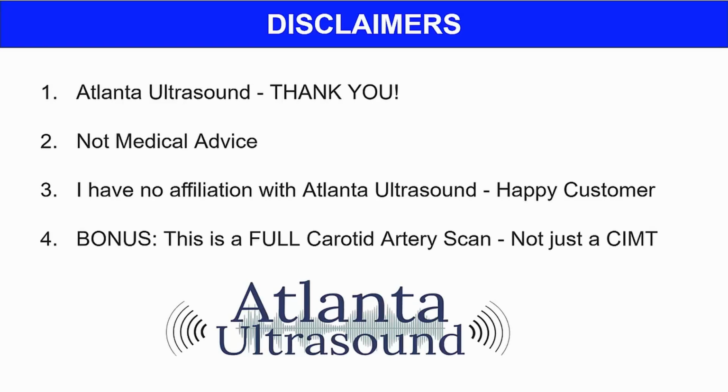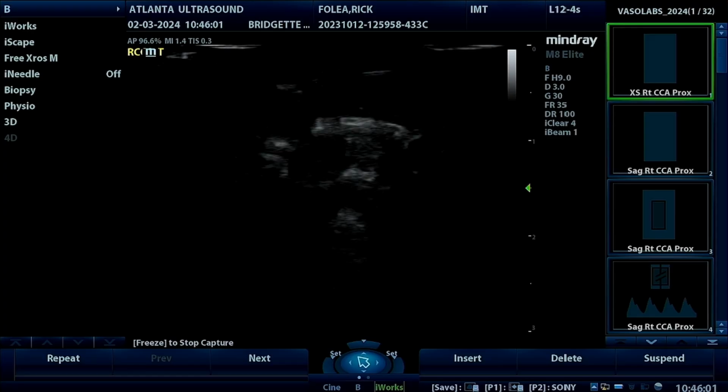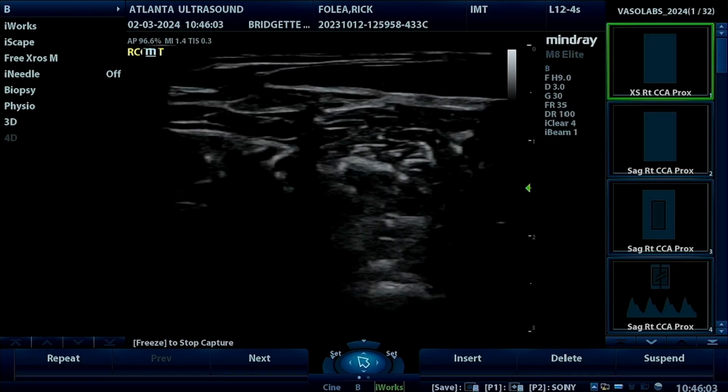The video we're about to see is a full carotid artery scan, which includes both a CIMT and a Doppler flow analysis of the carotid artery system, which explains why this video is so much longer than a typical 10 to 15 minute CIMT. Put the sensor on the neck to look for the right common carotid artery using a